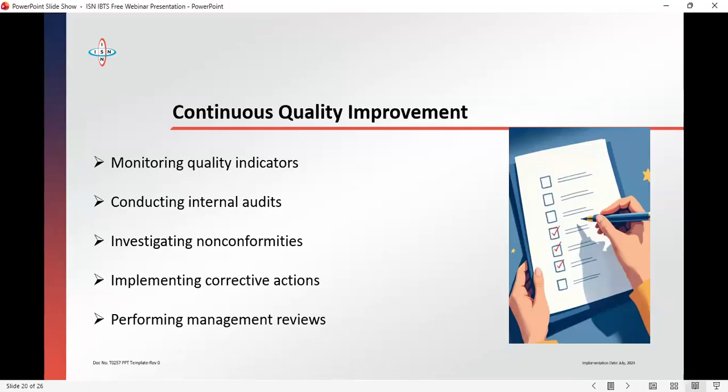Continuous improvement cannot be overlooked. The essence of all these things is to improve the process by monitoring quality indicators like your turnaround time and rate of rejection. If you notice that a particular hospital, if you're a referral lab, or a particular ward in the hospital is giving you hemolyzed samples, it behooves you to approach them to tell them that over 3 months now, all the samples we receive from you are hemolyzed. Please, how do you collect these samples so that this doesn't happen?